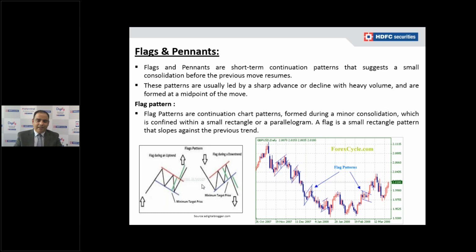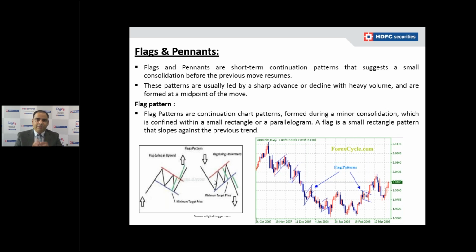In the left chart, you can see in an uptrend, the market moved into a consolidation and formed a flag-type pattern. What is the pole? This is the trend. The recent uptrend is the pole, and then this flag has happened. In this flag, the market moved in a consolidation, and eventually it broke out above the upside level and moved up.